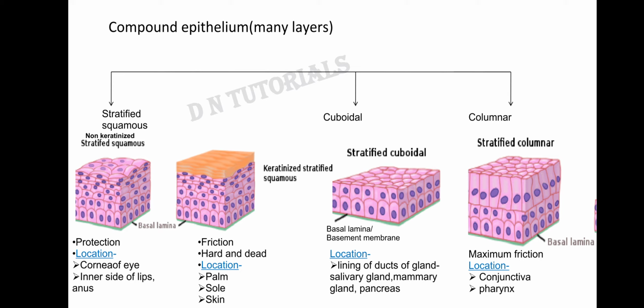After masticating or chewing the food, you swallow the food. So it is the place where friction takes place. So at that place also you have the presence of the stratified columnar epithelium. Right? So these were the two basic classifications of epithelium, simple and compound. Transitional epithelium is also there, but in our syllabus we have to only stick to simple epithelium and the compound epithelium. Right?